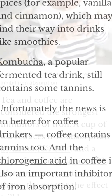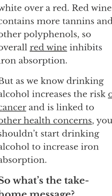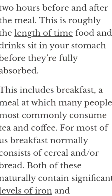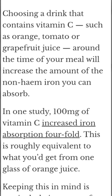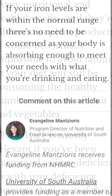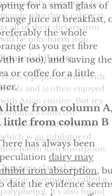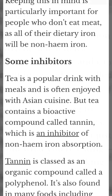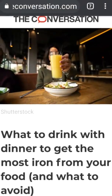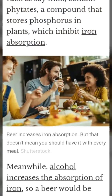So what's the take-home message? The bioactives I've mentioned also offer many nutritional and health benefits, and they're all found in plant products. It would be practically impossible to avoid tannins in your diet and still be eating the healthy number of serves of fruit and vegetables. This advice is mostly relevant if you've been diagnosed as iron deficient or with iron deficiency anemia. And even if that is the case, you can still enjoy